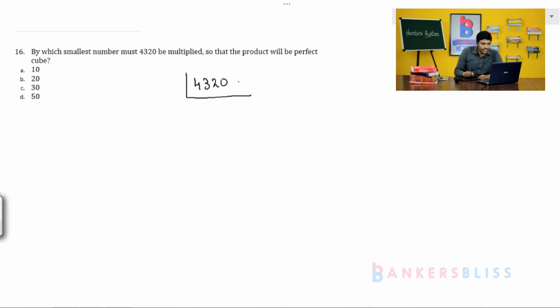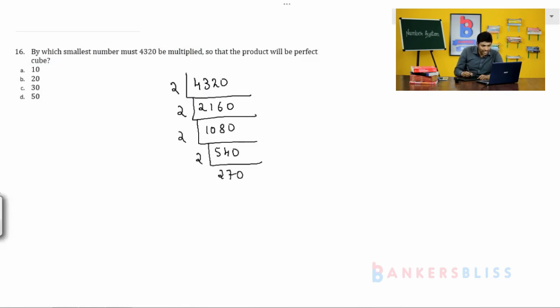4320. You factorize, it is going to be divisible by 2, so 2 2s are 4, next 2 1s are 2, 2 6s are 12. Again you factorize by the prime factor, that is 2, next 2 10s are 20, 2 8s are 16, next again by 2, 2 5s are 10, 2 4s are 8, again by 2 you divide, 2 2s are 4,